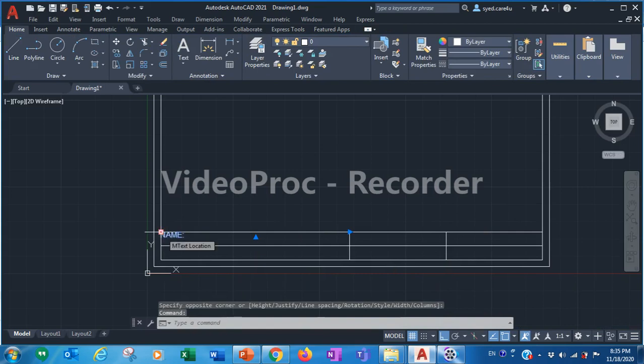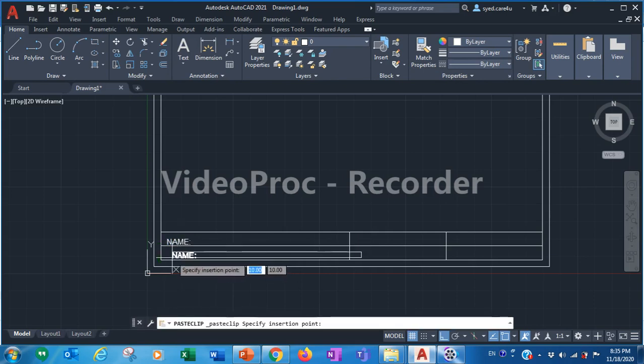So now you can move it wherever you want. Okay, so now this is the name. If you want to copy this, every time you don't need to go to the text and do this. Simply click here, press Ctrl C on the keyboard, and after pressing it, press Ctrl V to paste it. When you press Ctrl V, it will come like this and you can paste wherever you want. And you can change it later.